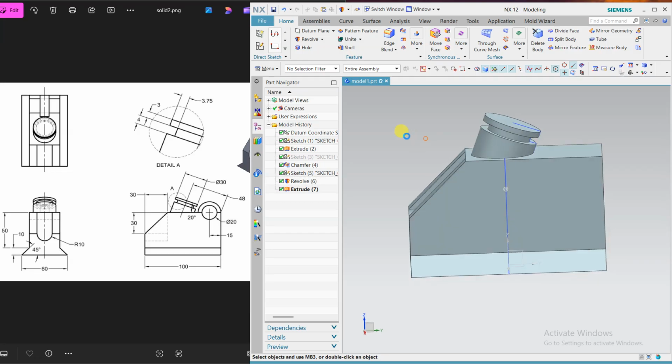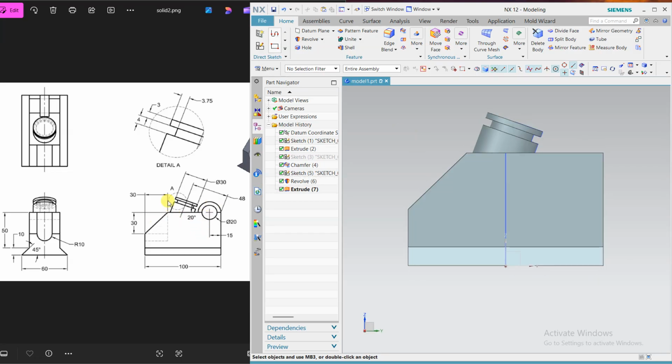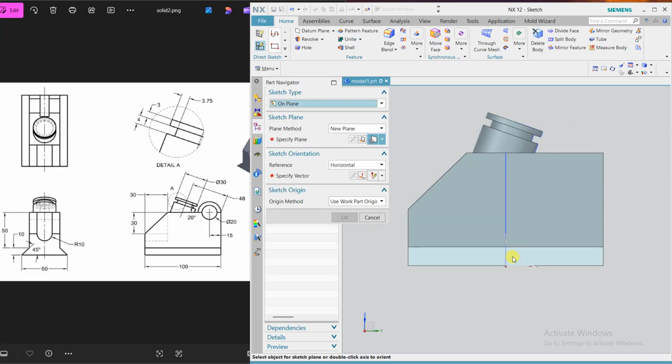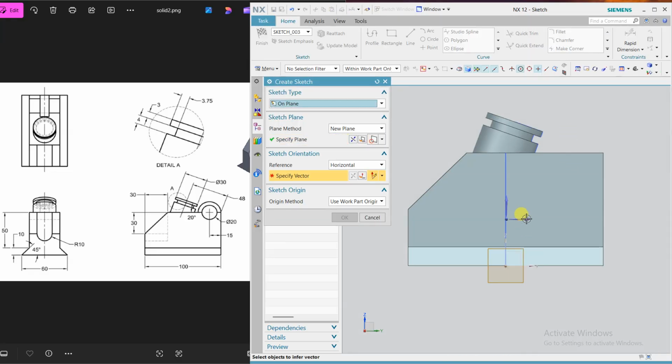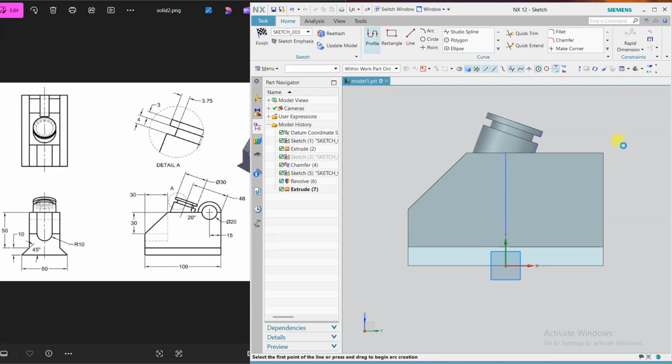Now come to this, and here you can see we have one circle and one more circle, and it is not properly visible. So click here, use the middle plane, click here, and use the circle.